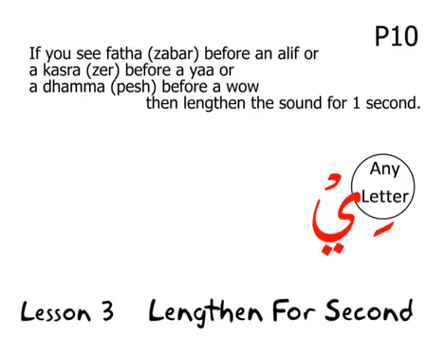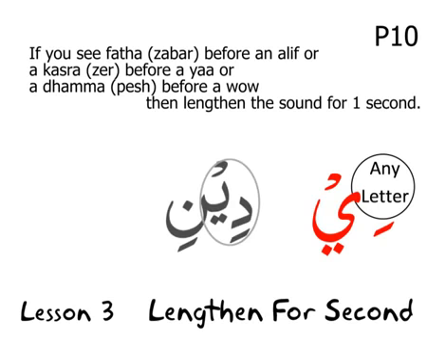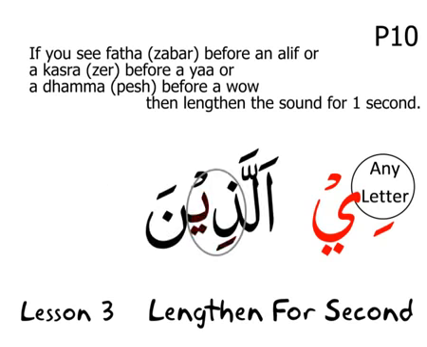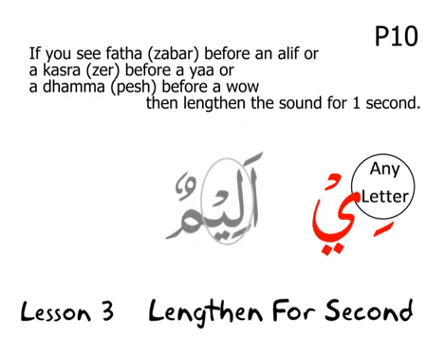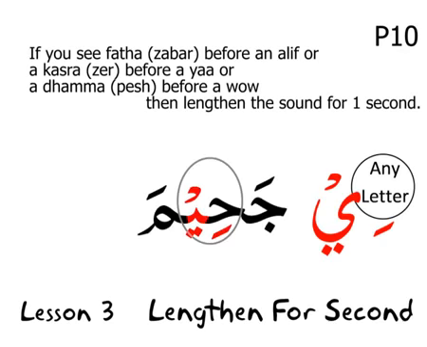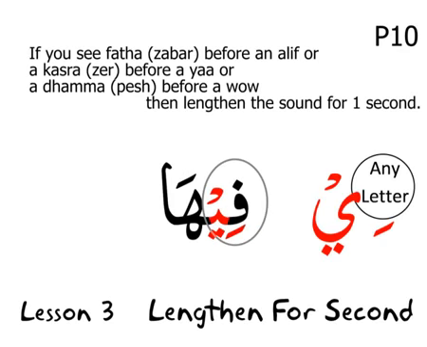Okay? Second one, you have a ya sakin, before it there is a kasra, zir, any letter. So you could have bi, ti, thi, ghi, yi, mi, all these, okay? So look at the circled examples in the next 8 examples that are next to the ya sakin, which it says any letter. So let's have a look at the examples there, okay? Dini, mustaqima, alladhina, alimun, muhitun, jahima, fiha,